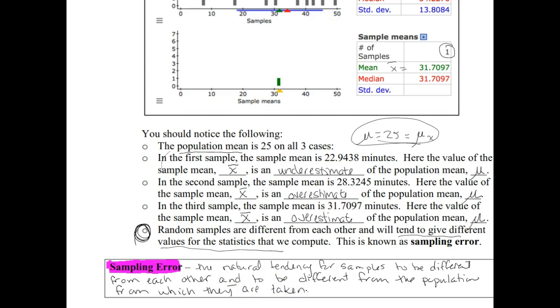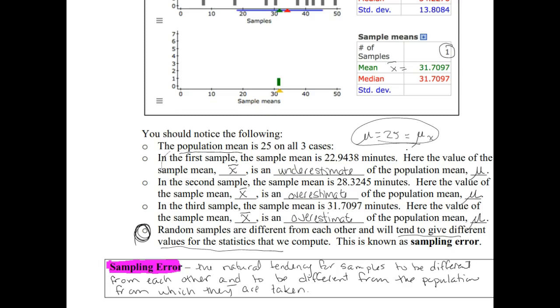So in the case above, we've got each one of our sample means they were different from each other, and all three of these were also different from the mean they were trying to estimate, which was 25. Okay, we never actually got a sample mean that was exactly right on the mark of 25 that we had for our population. Okay, and that's not because I was a bad button pusher or you were a bad button pusher. Okay, it's just because the samples are random.